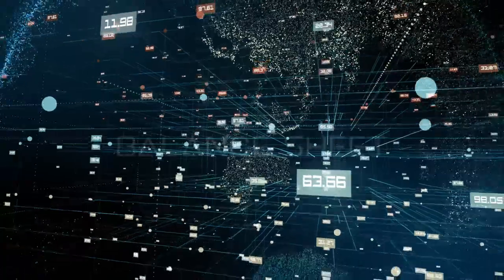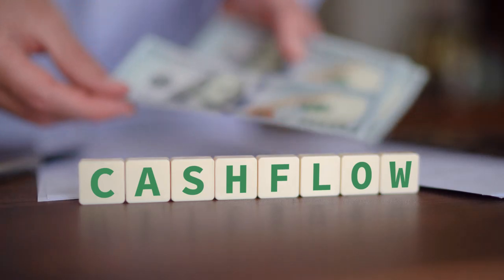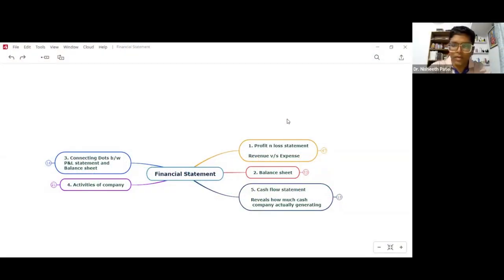Okay, so basically any financial statement has three basic components, that is the profit and loss statement, balance sheet, and cash flow statement. Now, what is included in the profit and loss statement is the